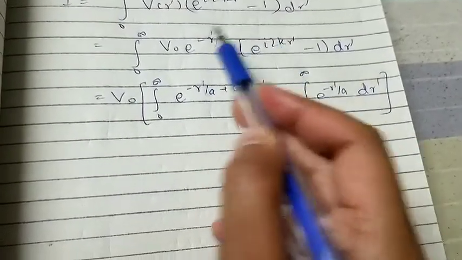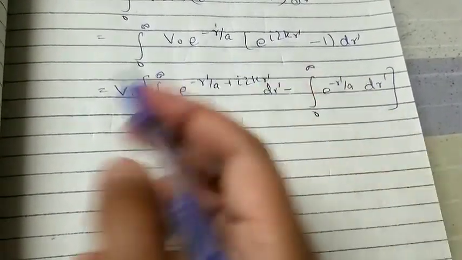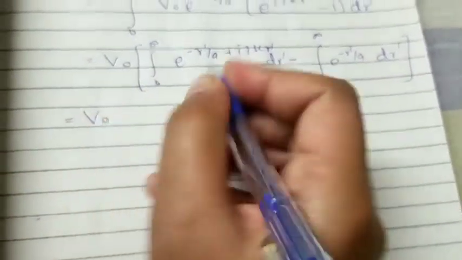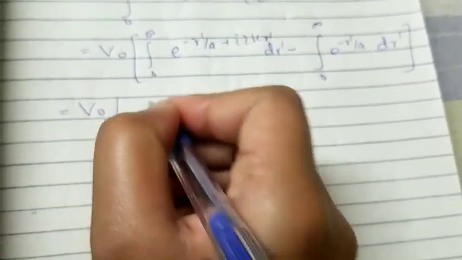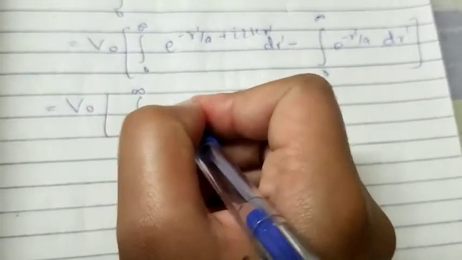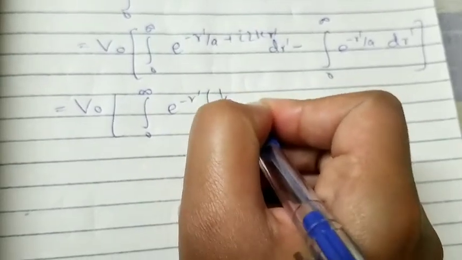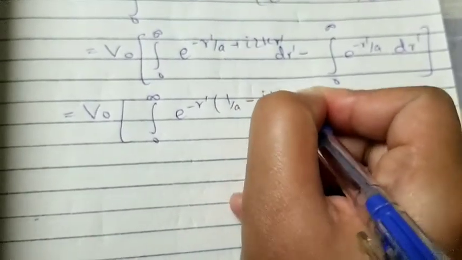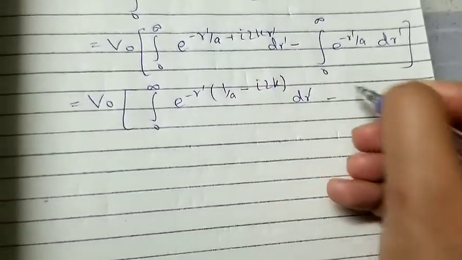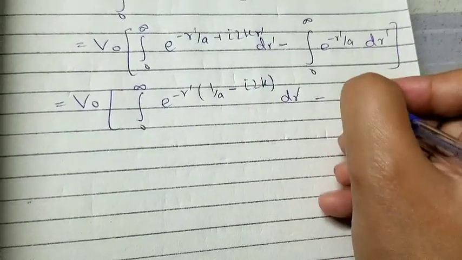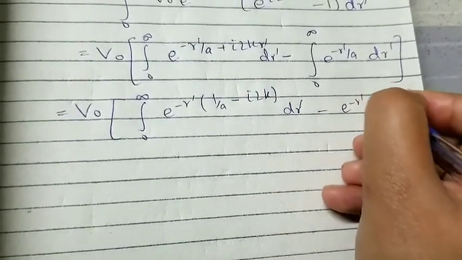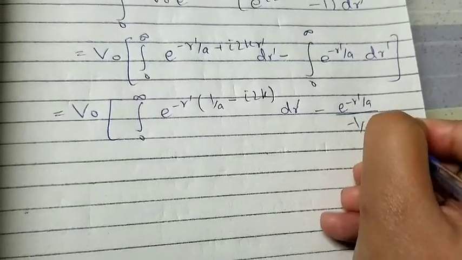This multiplied by this and this multiplied by this, and this one comes in, and I'm adding again. I'm doing the same thing. I'm taking minus r prime common, and it is 1 over a minus iota 2k inside, and the integration of this part is equal to e to the power minus r prime by a over 1 minus 1 over